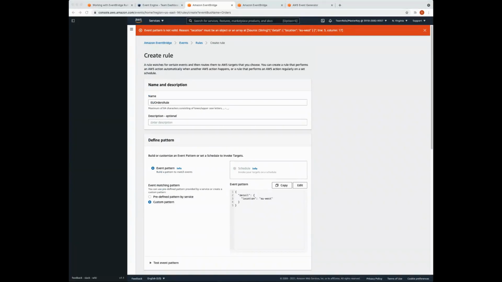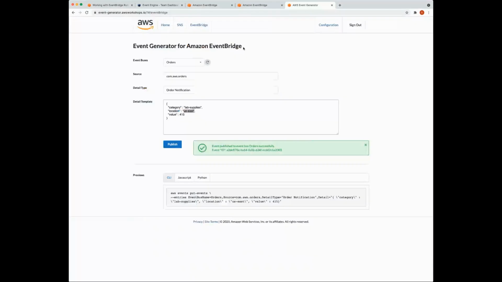So we're going to head back to event generator. For the location, I had used EU-West. So we're going to ensure that in the detail template, the event that we're sending has a location of EU West to ensure that it matches that rule.